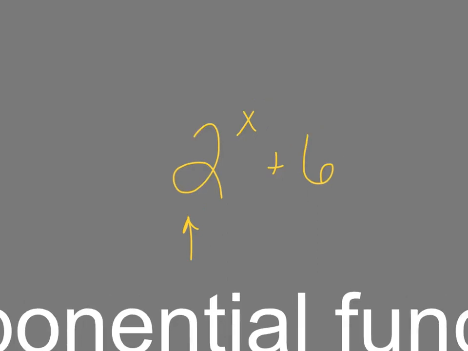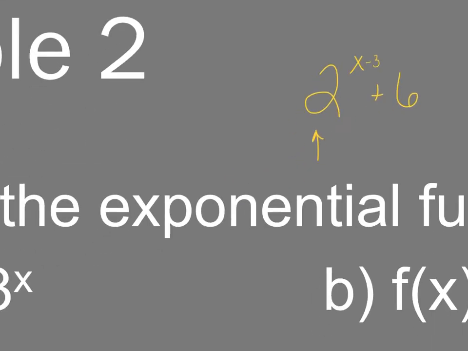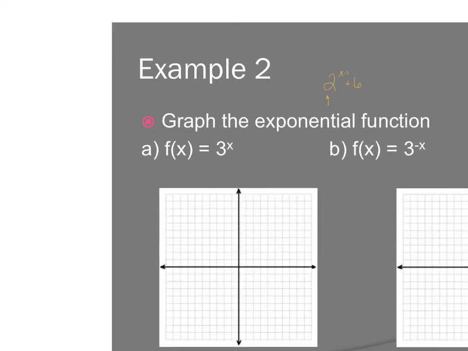If I had something here, where do you think that moves it? Left and right. Good, because it's with what? With the x. Is it going to go left 3 or right 3? Right. How come? Opposite of what you think. Good. Okay, so in a case like this, when it says graph the exponential function, what I want you guys